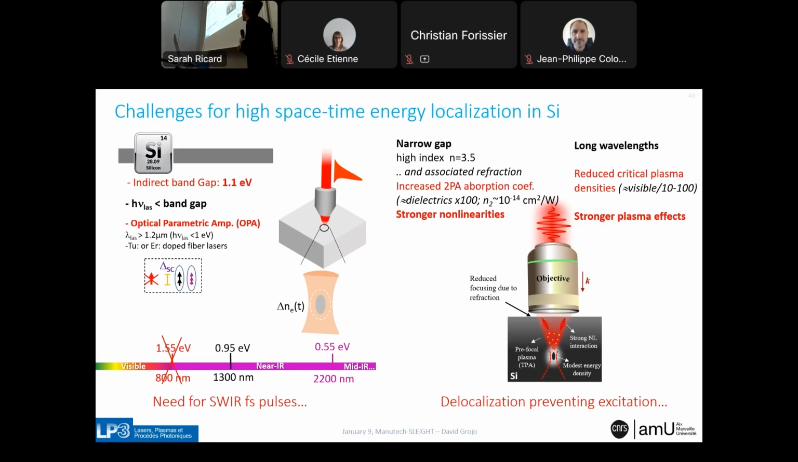Something I have to consider is that I have increased the wavelength. Long wavelengths mean reduced critical plasma densities. That means beams more sensitive to plasma effects, to the plasma refractive effects. So in practice, I can create a plasma more easily and my beam will be delocalized easily by the plasma. So that's exactly the main reason why all attempts to focus ultrafast infrared light inside silicon have not reported permanent modification